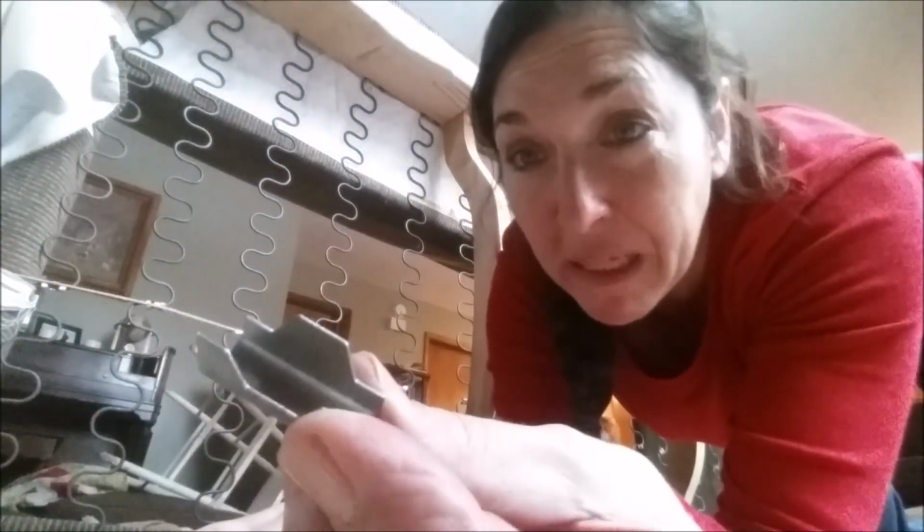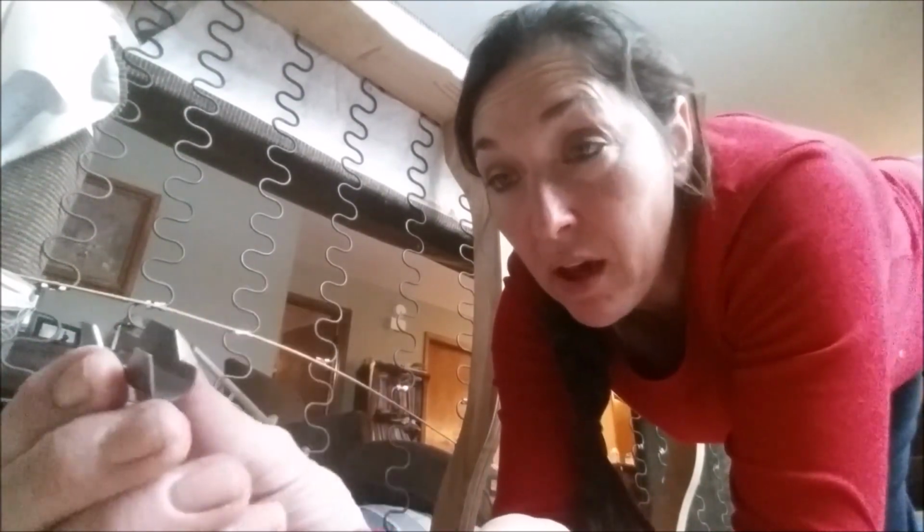So this is the actual piece that I'm tightening down. I did buy a pack of 50 of these for the section that I'm adding, but rather than rip it all off and waste it,